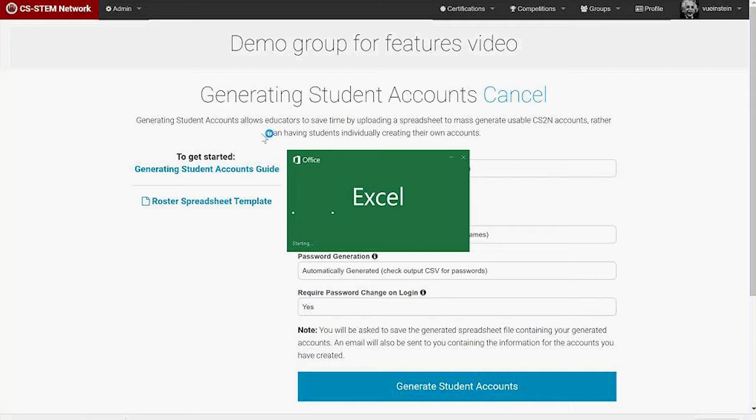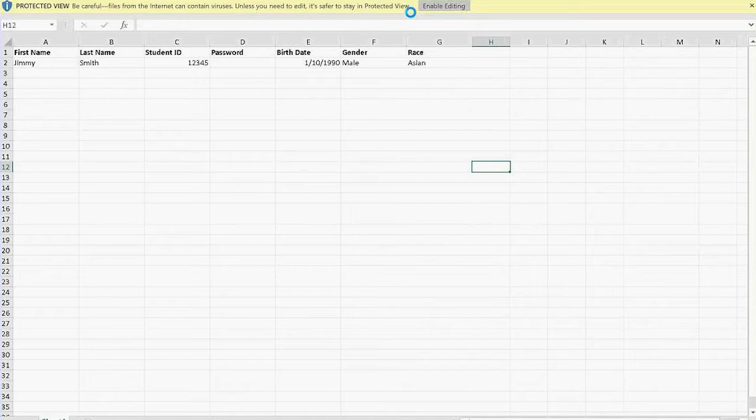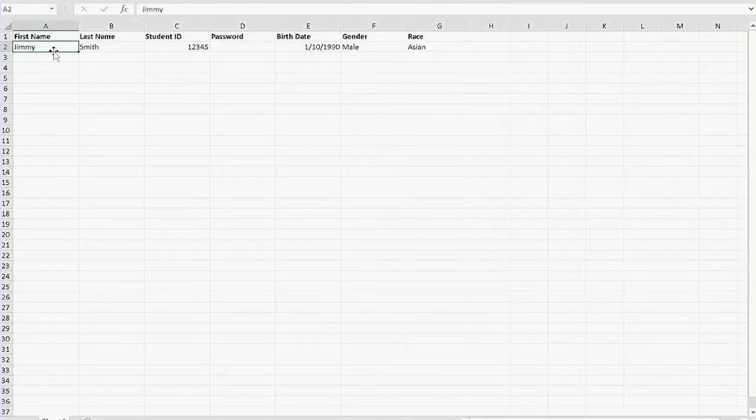So let's make a couple of test accounts. And so I'm going to enable editing, and let's make this one John Doe. This is the student ID. Typically, you can use the student ID that you give out to students in your school. It's any alphanumeric code, so I can do AB123, something like that. And I can set a password in this roster sheet as well. You don't have to; it's optional. But let's say I made the password